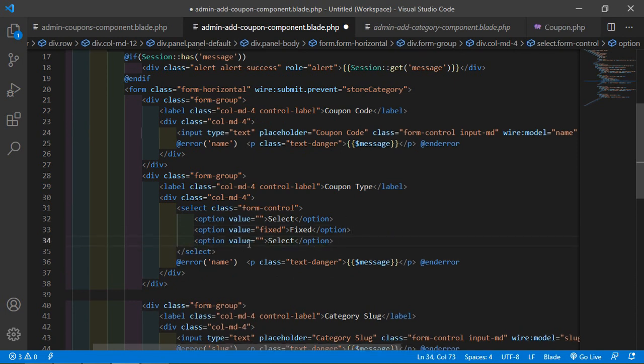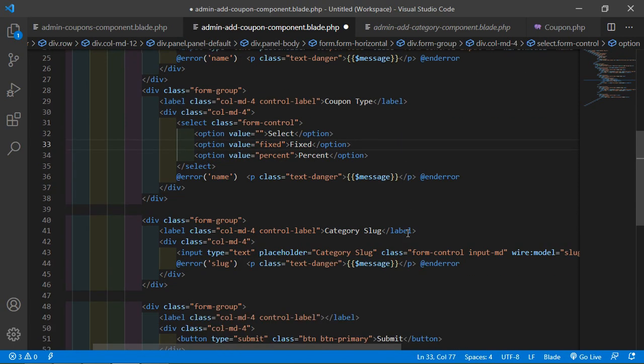Okay, and another option which is percent. Okay, and display text percent. All right,